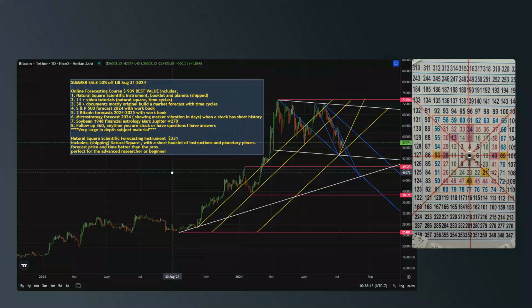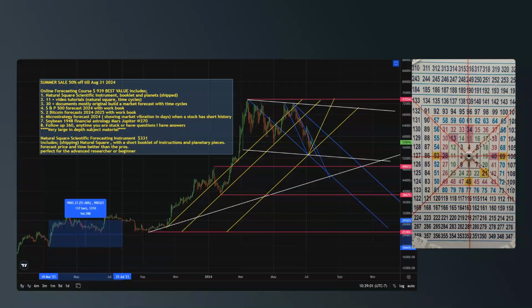90 days later, we're back to our lows. 135 days later, low of the channel. Add 45 days, 180. Low just before our major low. You know, we're a few days, 4 or 5 days. Pretty much a direct hit.